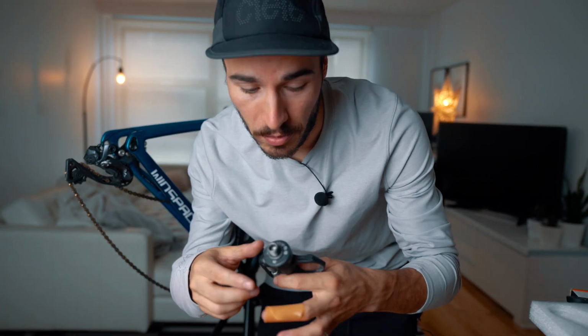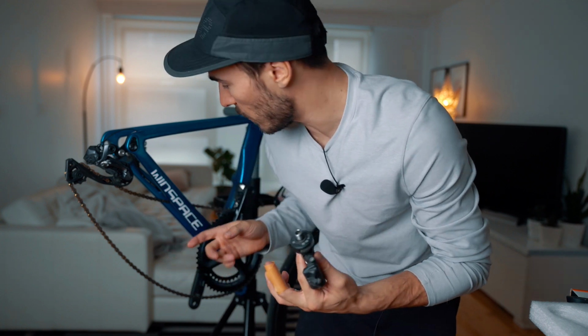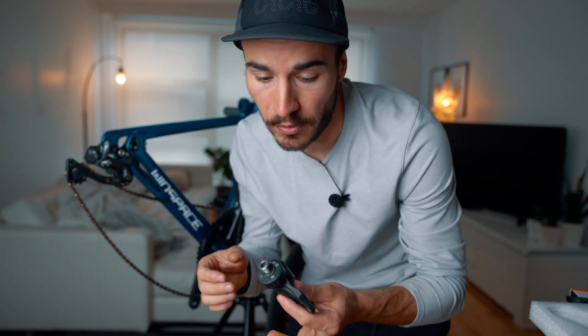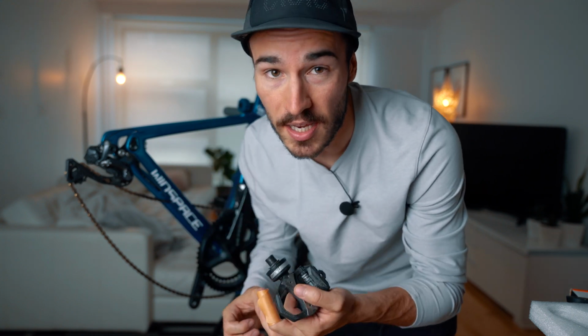All right, so I will now put my Assioma power pedals onto the crank, and I will test on my trainer if the power from the Magene is accurate compared with the Favero pedals. I've been using this power meter for 2 years now. It's been doing great, but I'm really looking forward to lighter pedals. Those are really heavy and bulky. If the crank-based power meter from Magene can deliver accurate power for me, I will probably be selling those